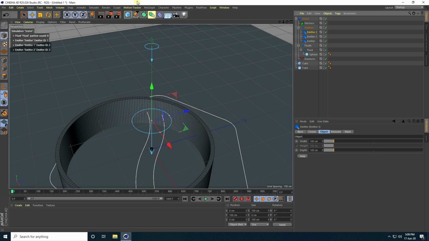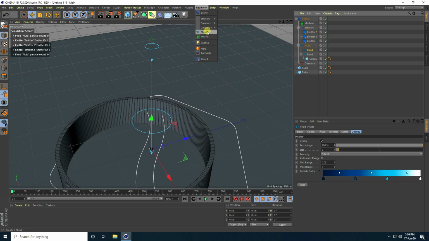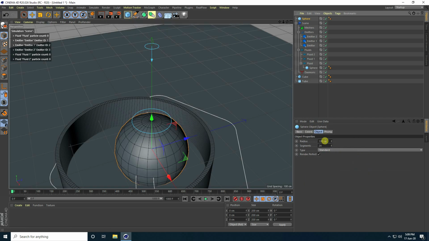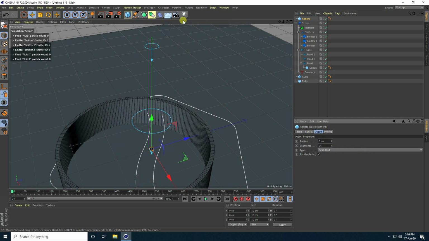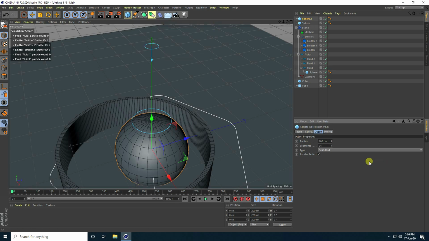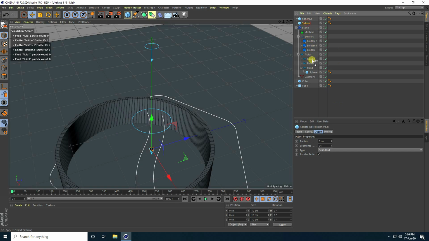I take name and again use flood, this one, and one more time, and rename same 1 and 2. Okay, so guys, same I take sphere and radius take same 5 centimeter.